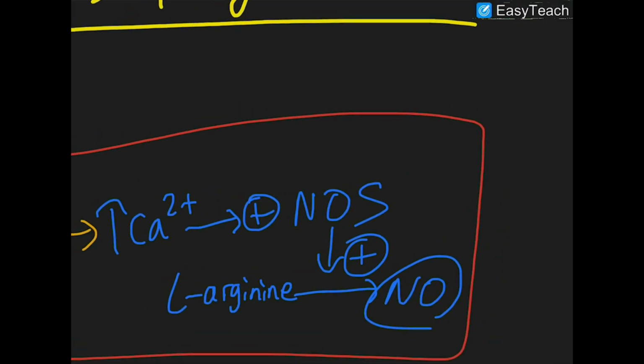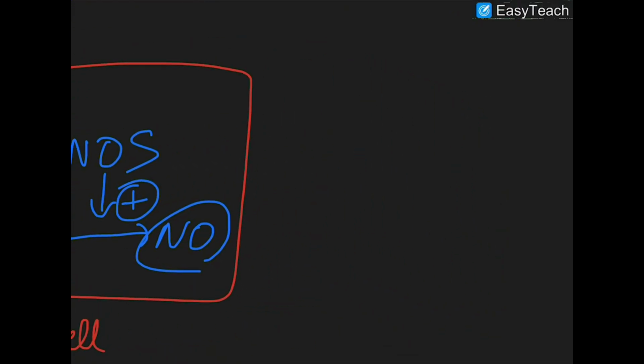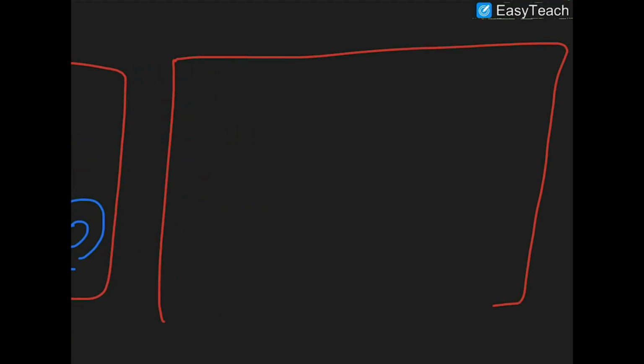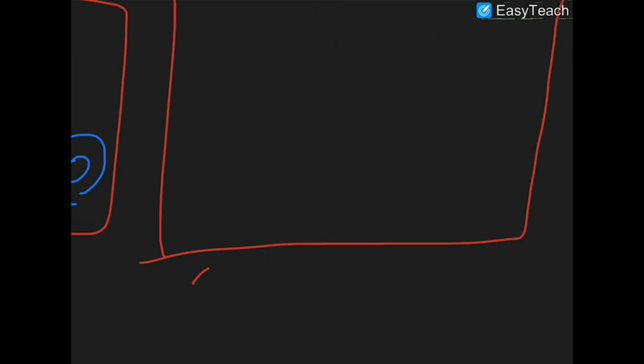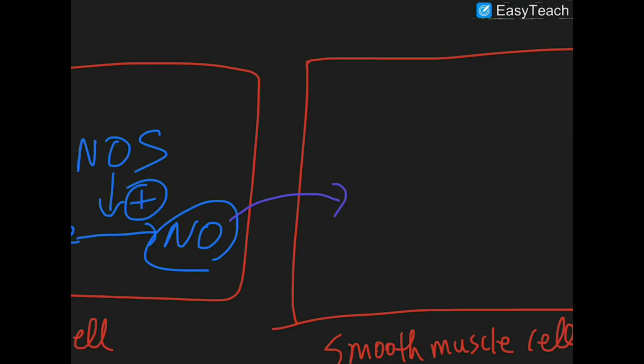Okay, so now that we have nitric oxide, it's gonna go nearby to the smooth muscle, right? So let's label this now. This is gonna be our smooth muscle cell. Okay, nitric oxide will diffuse freely to the smooth muscle cell right nearby,